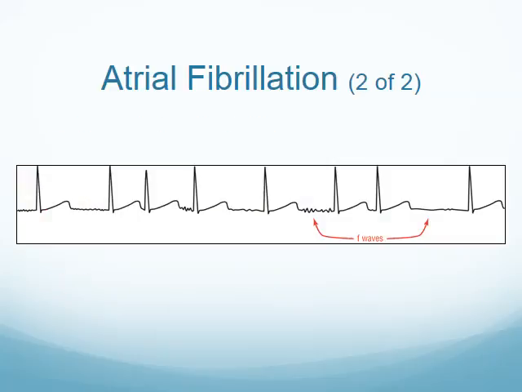So here we have an example of atrial fibrillation. Notice the ventricular rate is irregular. Here we're pointing to some of the fibrillation waves. You can see them, but you don't always see the fib waves in real life, especially in patients that have had a history of AFib for years and